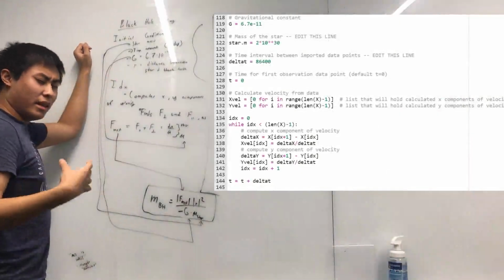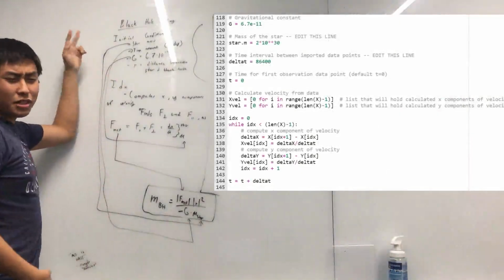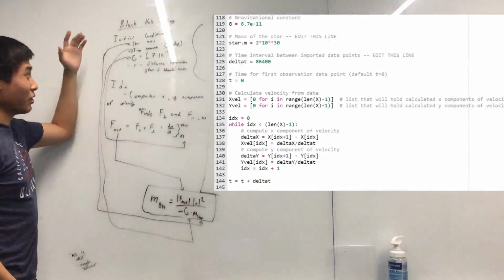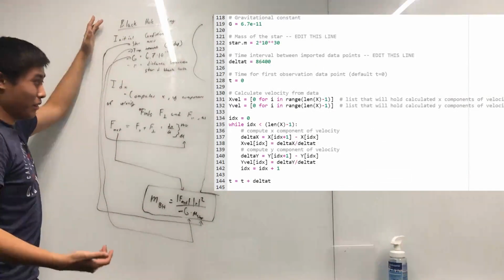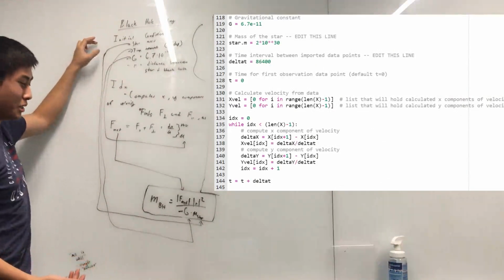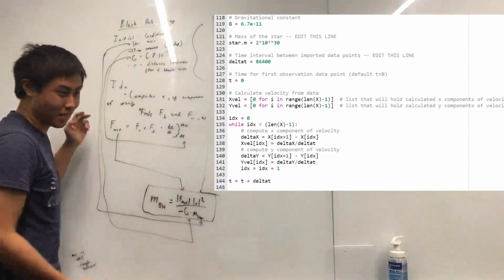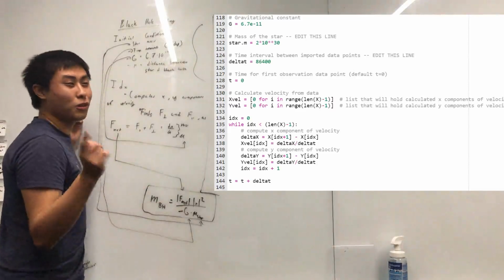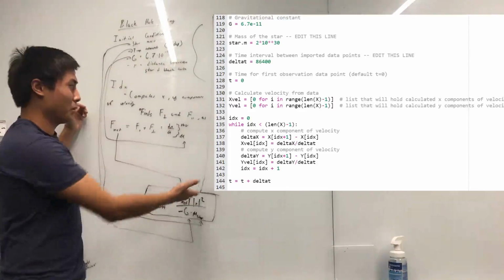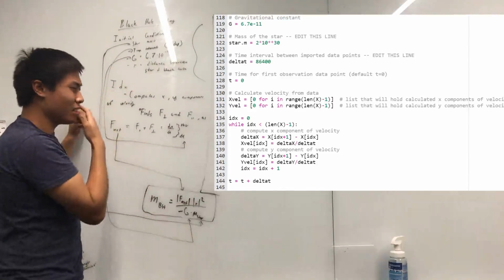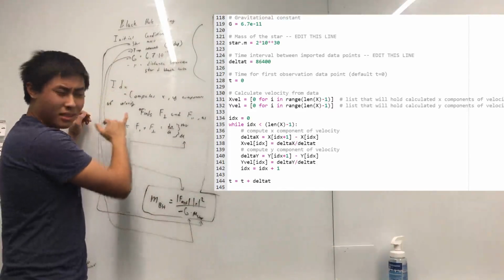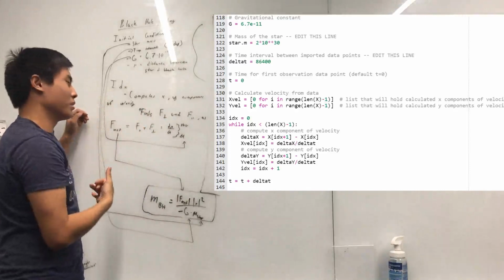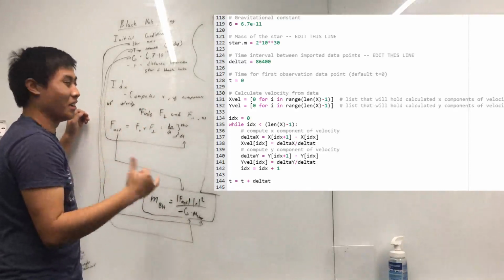Hey guys, and we are back. Think of this part as the initial part of our code. Right now we're going to have the setup where we have the initial conditions. We're going to plug that into our givens that we talked about earlier. The only real tricky part about this code, as you guys can probably see over here, is our indexing. Indexing is just where we find x and y components of our velocity. That's it in a nutshell.